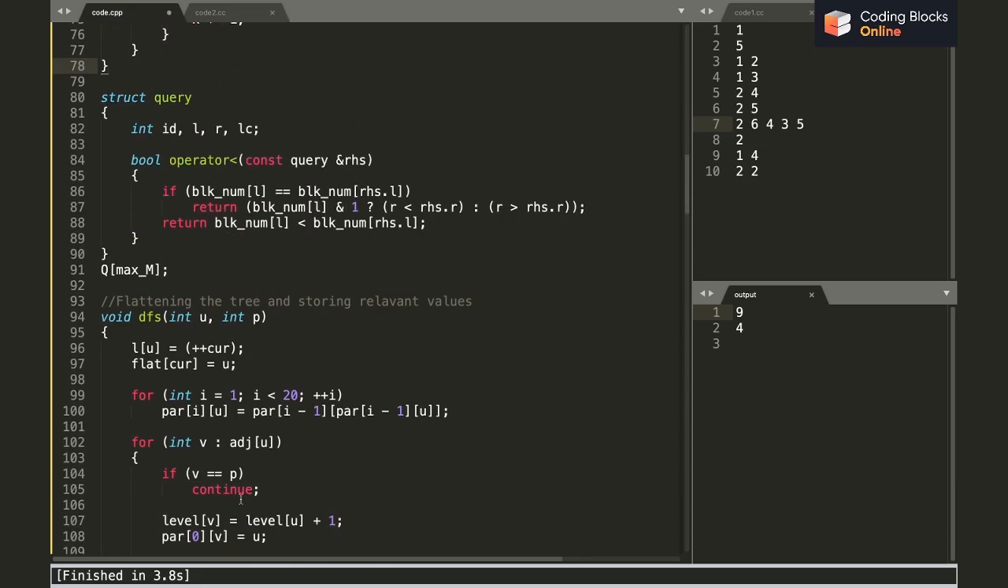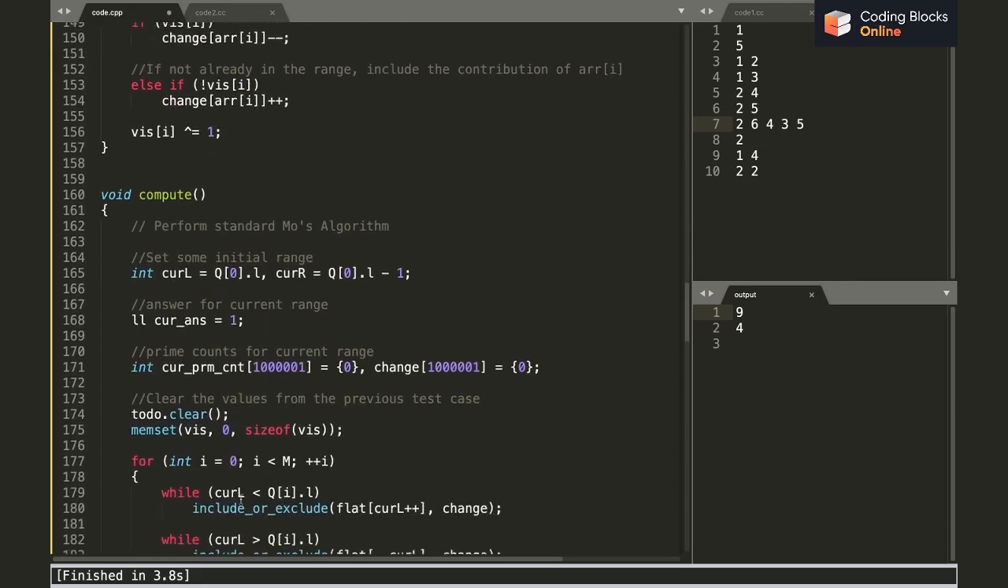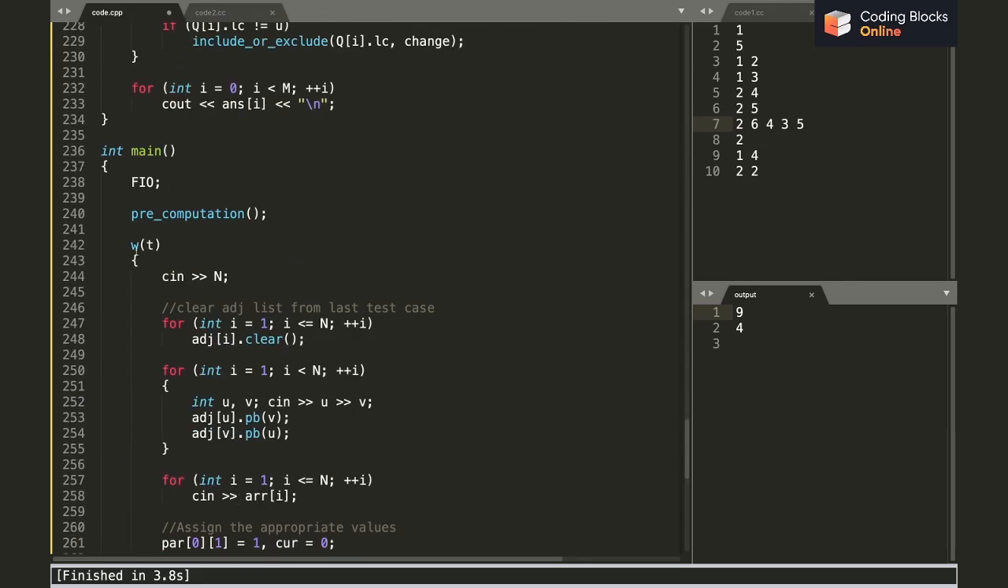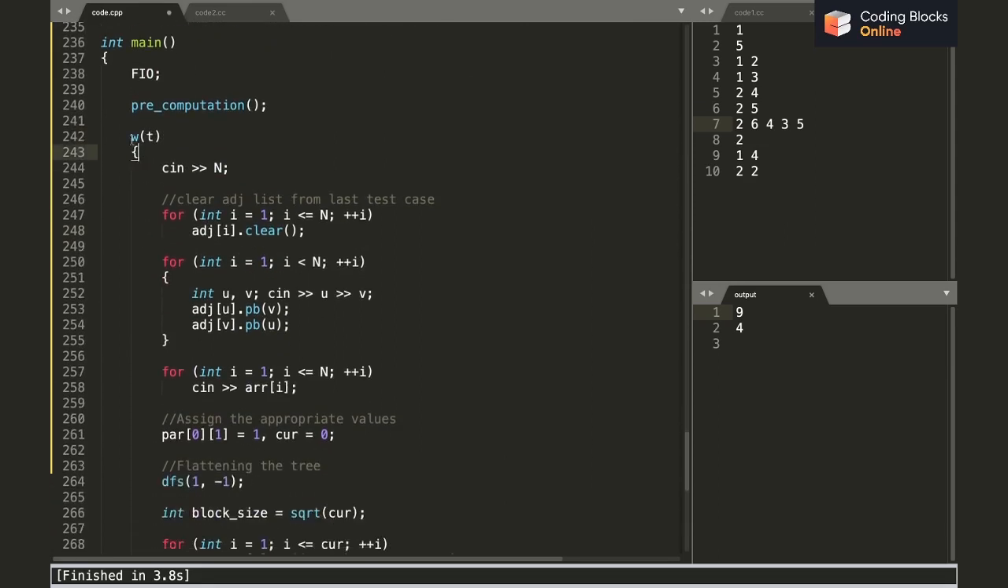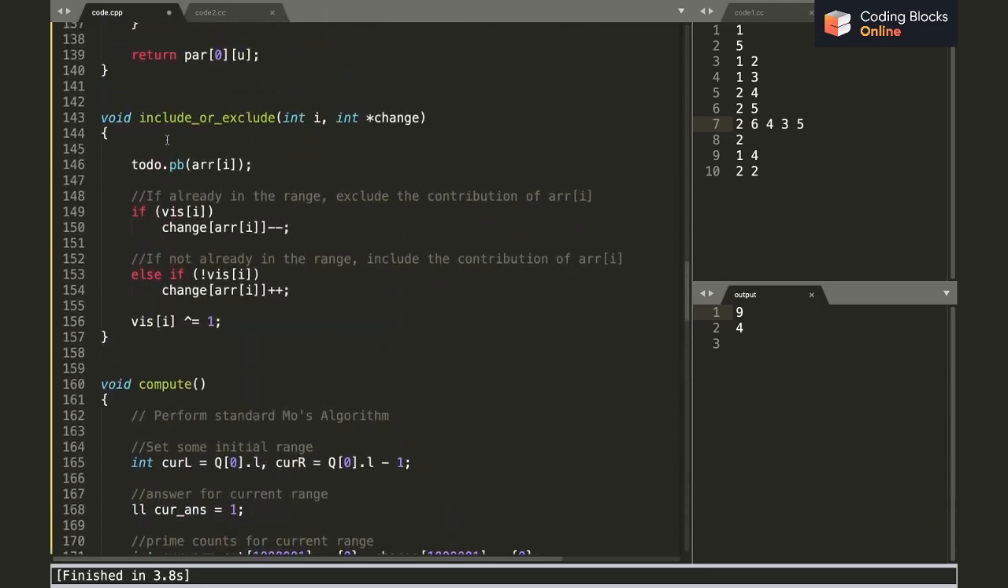Now after having done the pre-computations, I'll start processing the test cases. I take the number of test cases as input, and this WT works because I have defined it as